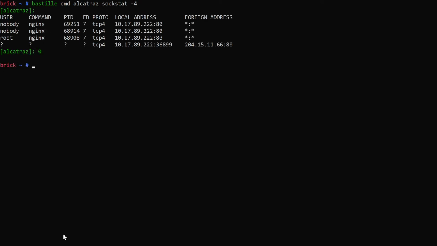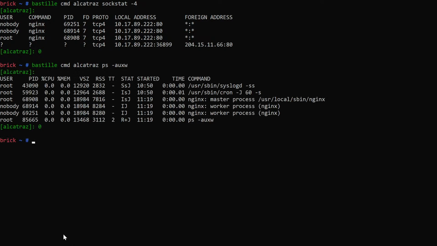If I check sockstat or ps in that container, I see that Nginx is now up and running. It's listening on port 80. I could connect to this container and interact with that service. So again, the templates are just, we're going to follow these simple instructions and set this up for you. The hope with the templates is to just